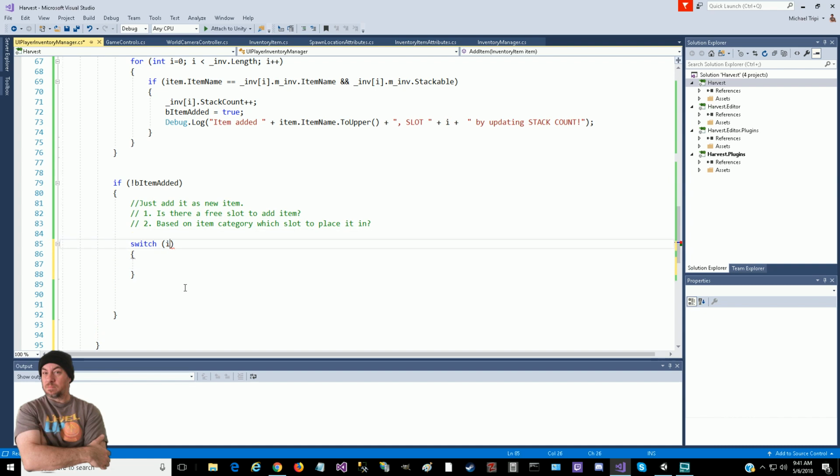It's gonna be item dot item name. Actually, no, category name, not item name. Because we did a search on item name up above, and if it hasn't been added, then we'll do the switch by item category. So case, and now the categories that are acceptable to go into our first 6 slots